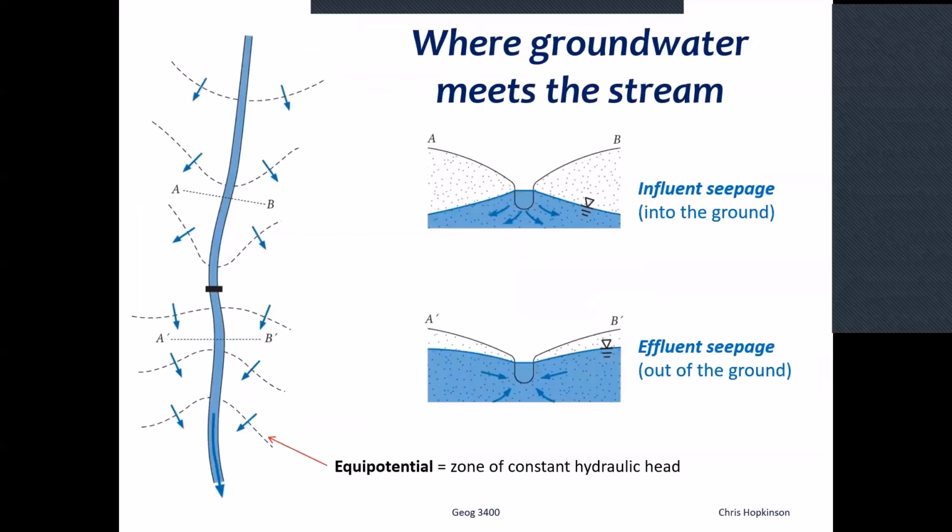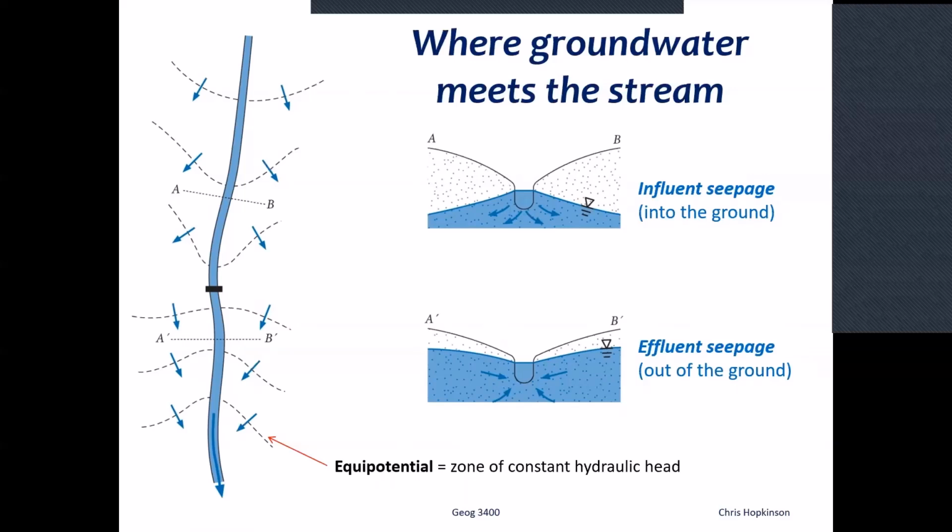Now, we've just looked at lines of equipotential in cross-section. We can also look at them in plan view, as if we're looking on a map. Of course, here's where they differ from contours, because they're not representing surface elevation at all. But if we look in plan along a river stretch, the orientation of the equipotential lines tells us whether we've got groundwater flowing into the river,